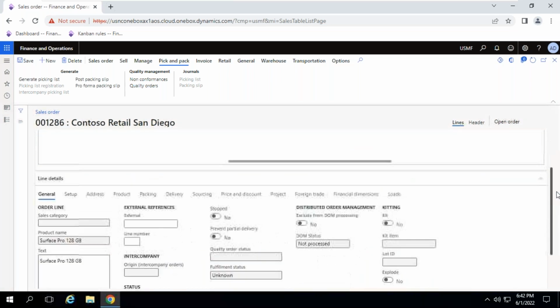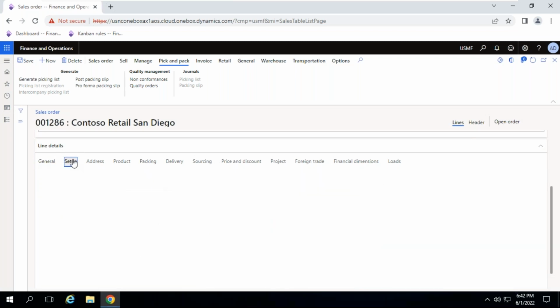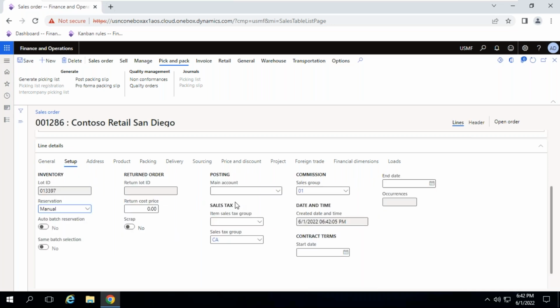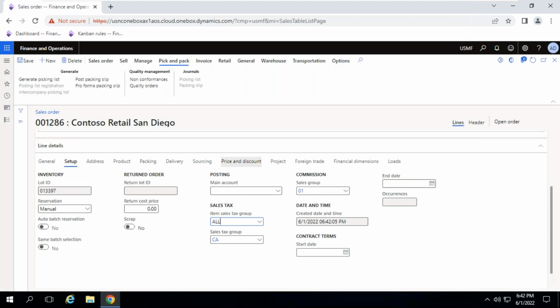Okay, so you need to go to the Setup tab. In the Setup tab, you need to select sales tax group and item sales tax group. What is this? I will explain later. Item sales tax group and sales tax group. Okay, if you select like this,